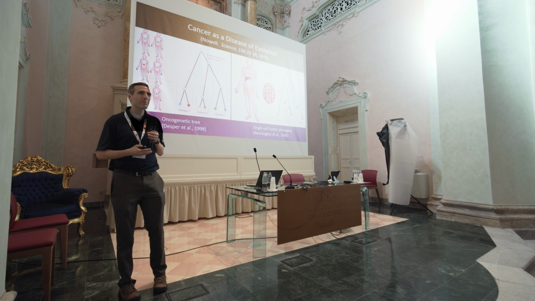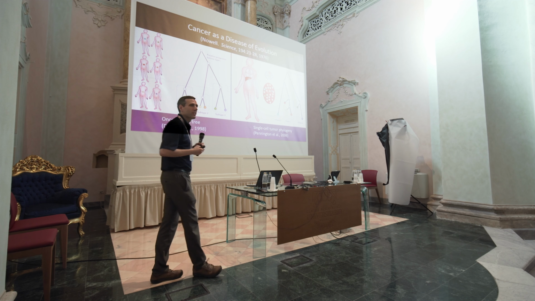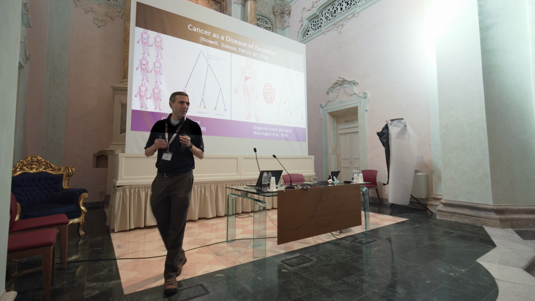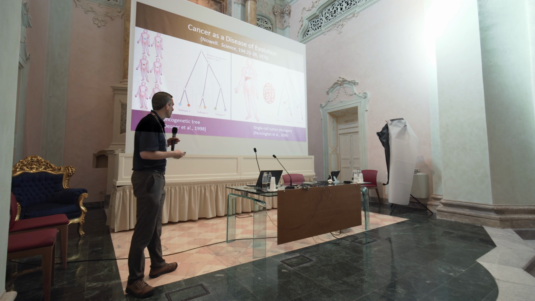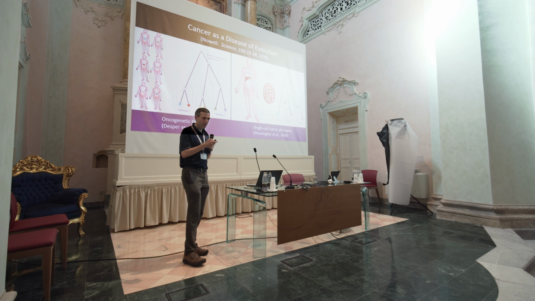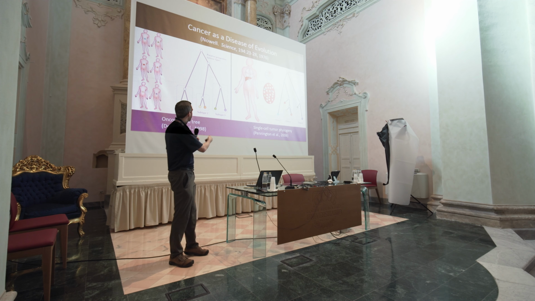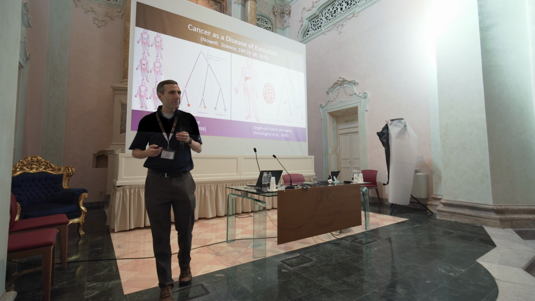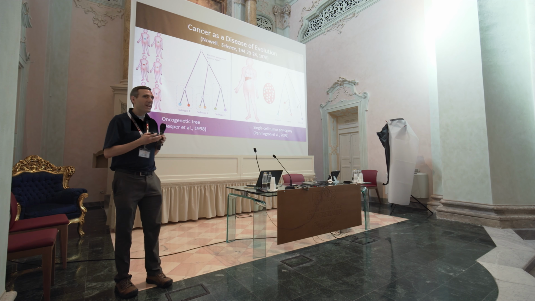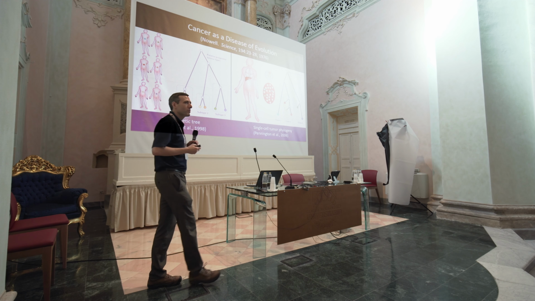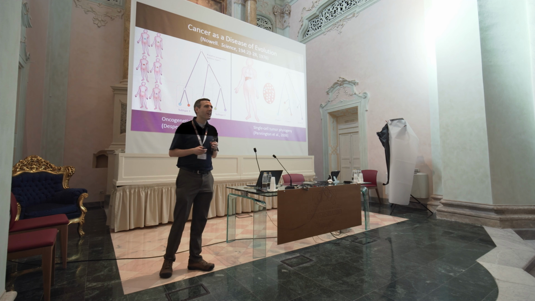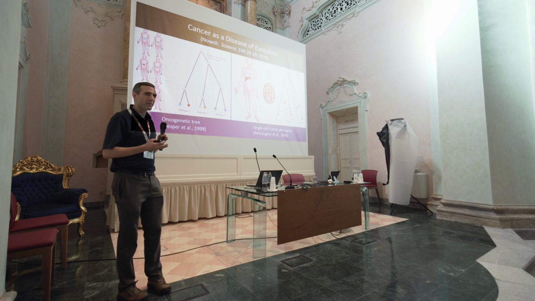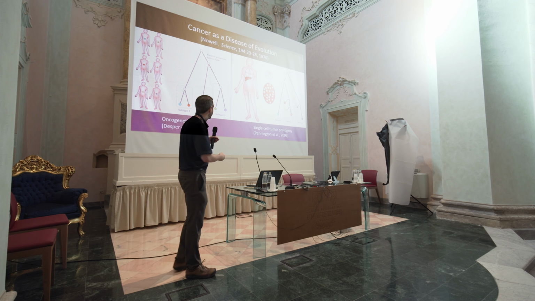So selection for particular mutations that give the tumor cells an advantage in growth rate or escaping normal controls on cell growth, and that combination of diversification and selection is evolution. That's what guides our understanding of how cancer works and how cancer progresses. All of that has been known for many decades, but what really changed with computational biology is taking that from a guiding principle for how we think about tumor development to a source of practical methods that have become crucial for how we interpret tumor genomic data. Essentially, without this kind of understanding, we would not know what to do with tumor sequencing data.